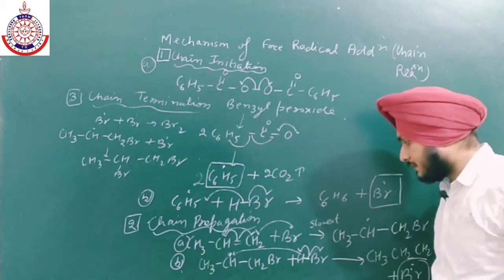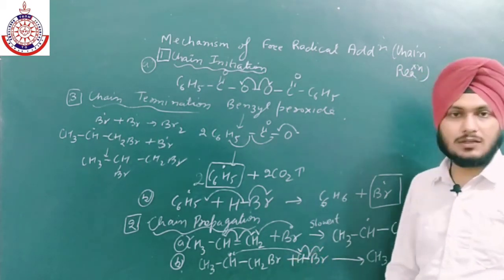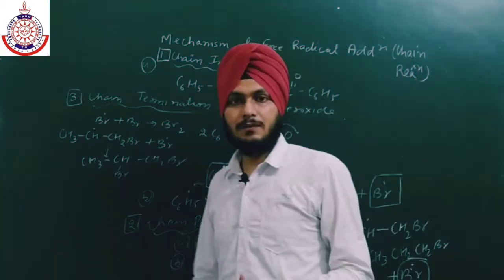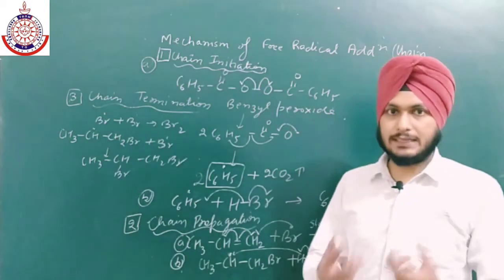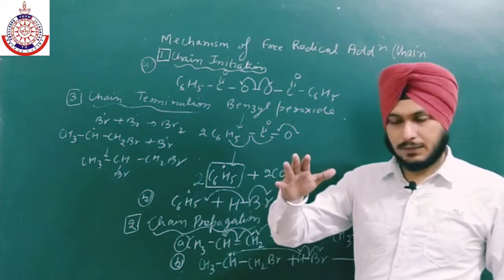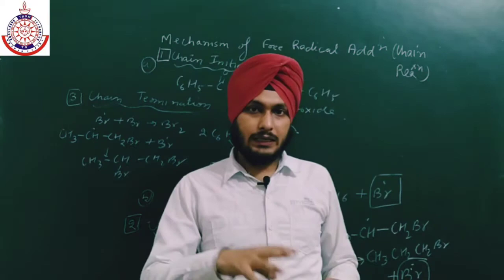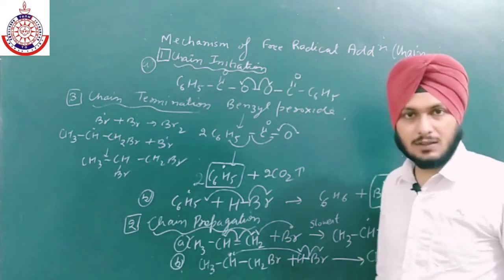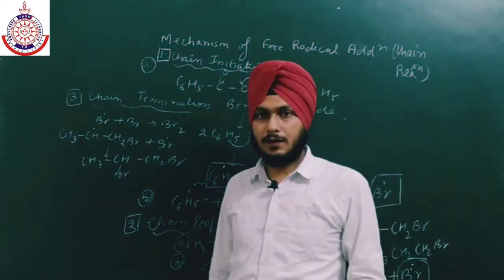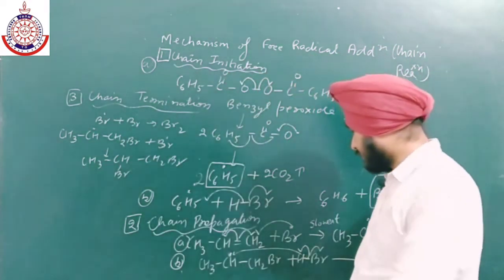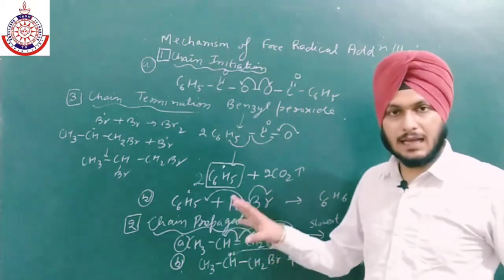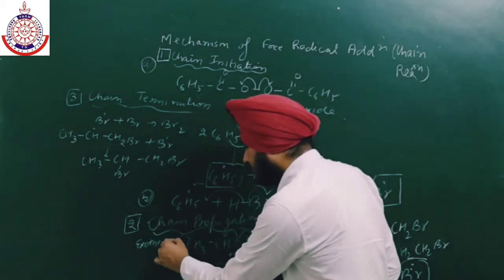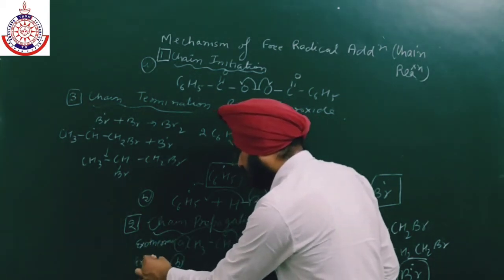Okay, so what is the reason? The reason behind this is these two steps are exothermic only in case of HBr. We all know that a reaction is favorable which is more exothermic, where more heat is released. If the reaction is exothermic, then the potential energy of the products is lower and stability will be more. So in case of HBr, both the steps are exothermic.